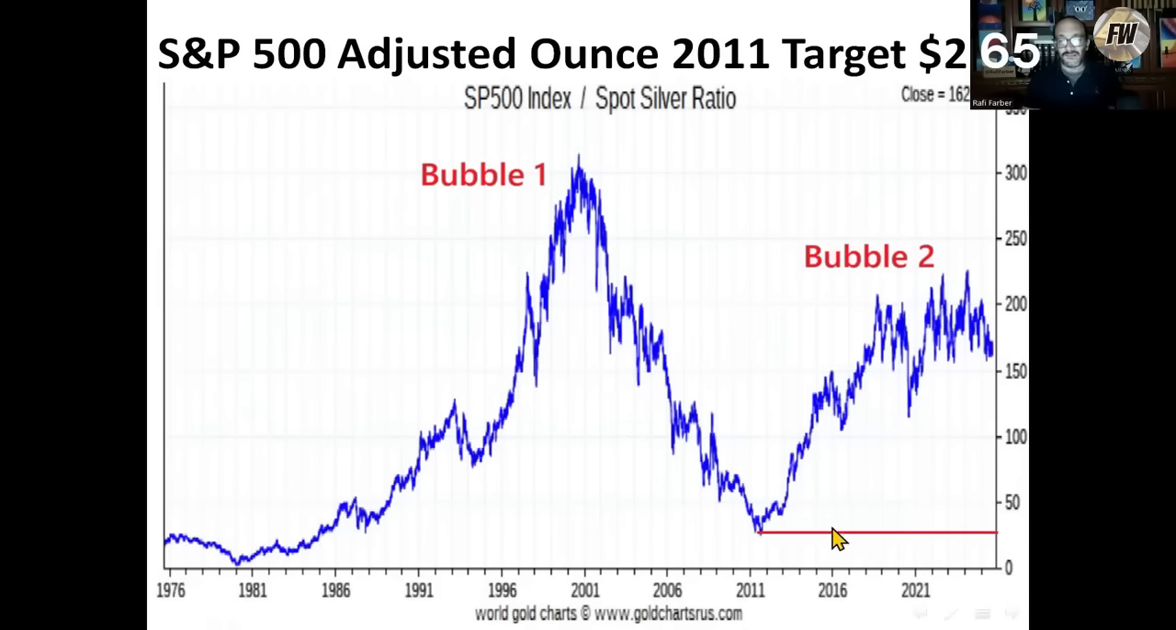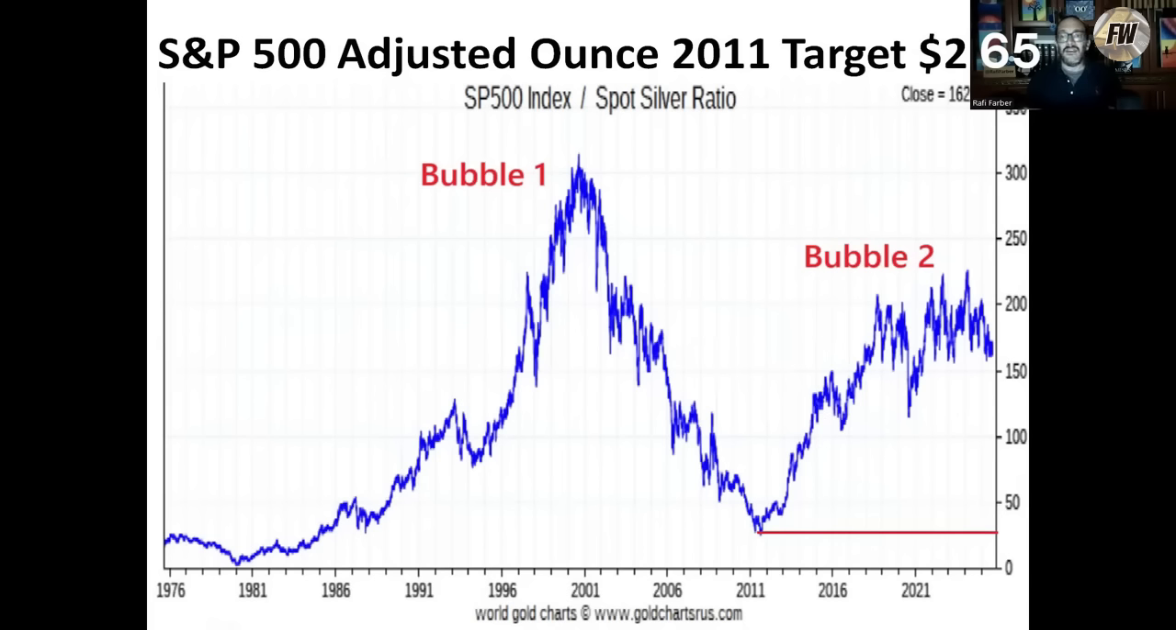We're estimating it's at about 25, just eyeballing it over here. I didn't do the exact numbers, nor do they matter that much because this is all an estimate anyway. Here again is bubble one of stocks relative to silver. Here is bubble two. And so if we take the 2011 top at 25 ounces of silver per S&P 500